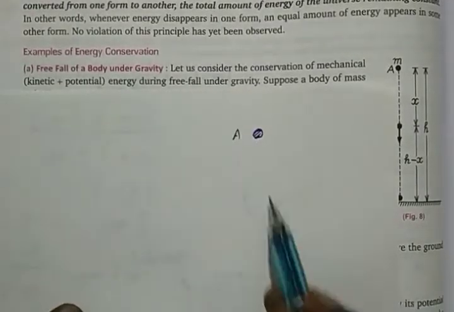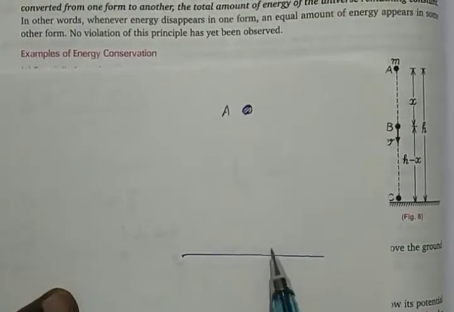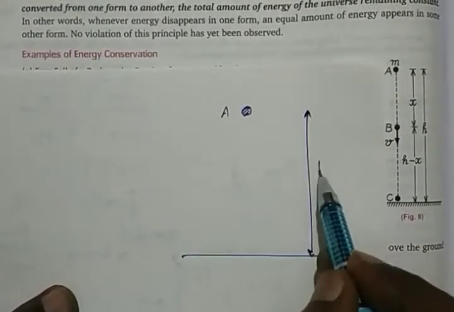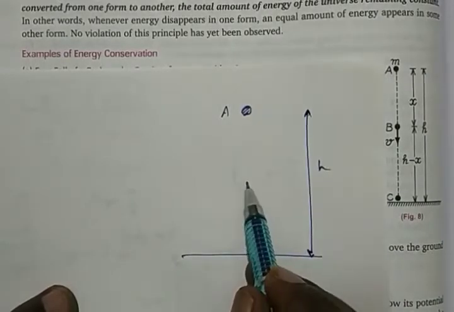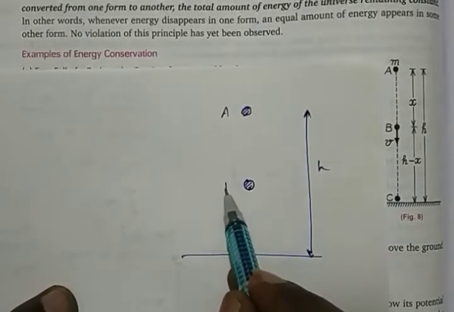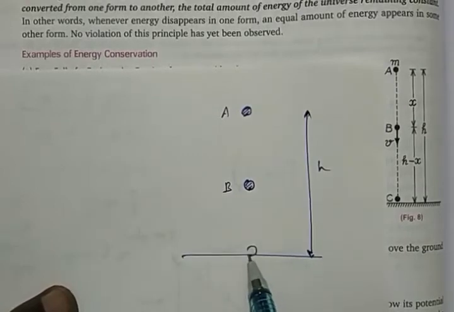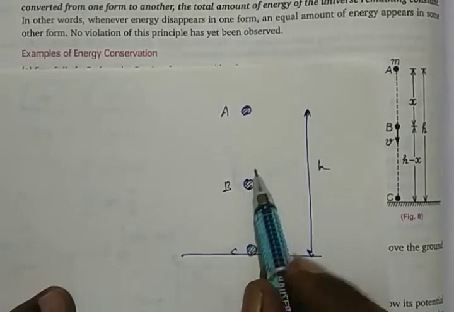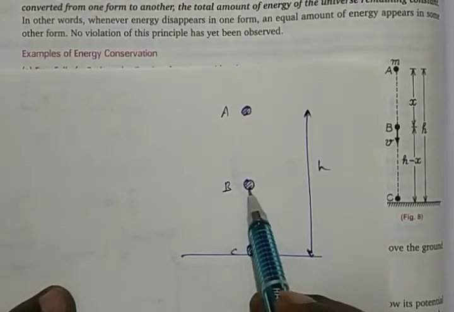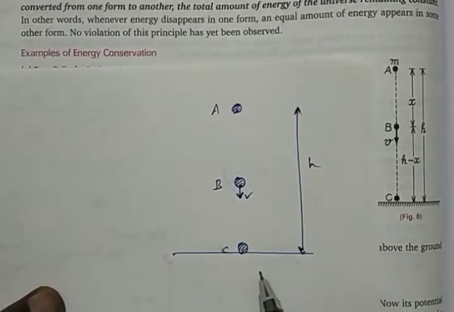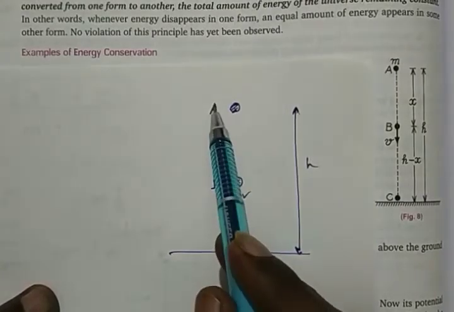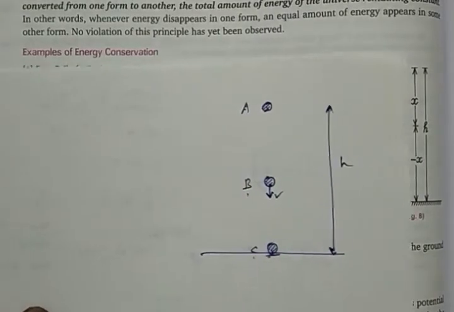There is a position A above the ground. So this body has a height here as h. Now this body has come to this point. There's a position B, and finally the body is coming here to the position C. This one you've already done. So you drop a body here and it has a velocity v here, right? And finally it crashes down here at C and lands up here. So at all the three positions A, B and C, we are going to see the energy stored.